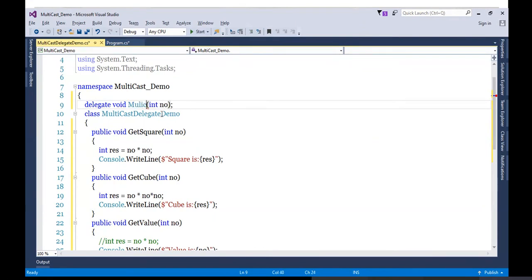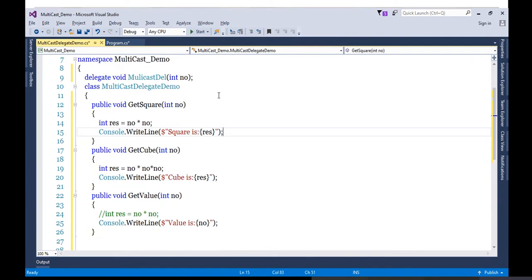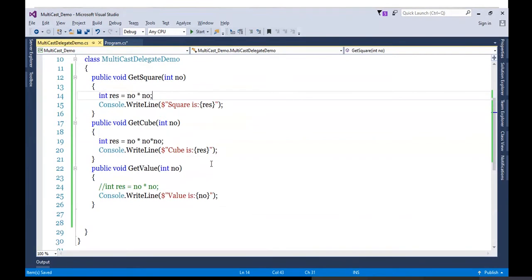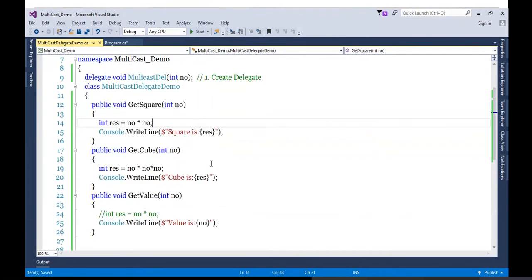Like here, I'll write a simple name, MulticastDelegate. So I've prepared a delegate. This is our step number 1, create delegate. And then we'll start following the next steps.